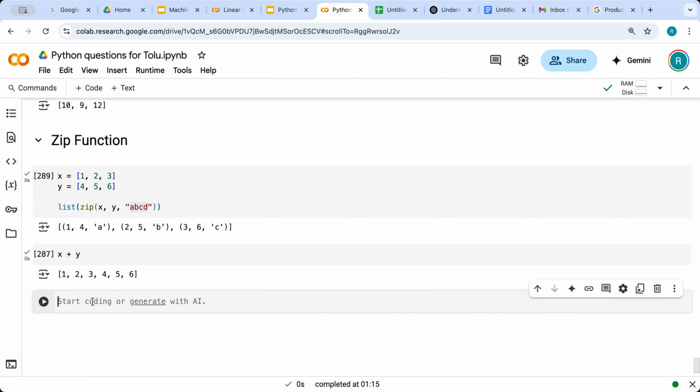Okay, so now let's start with the tuples. Do you have any questions? No,